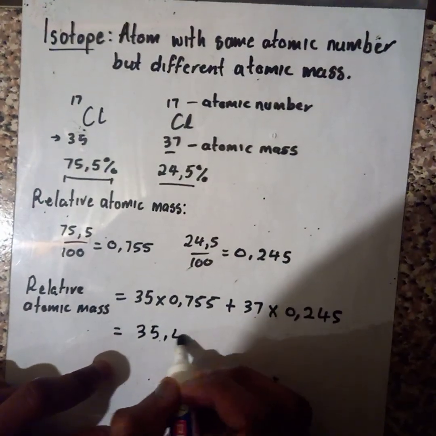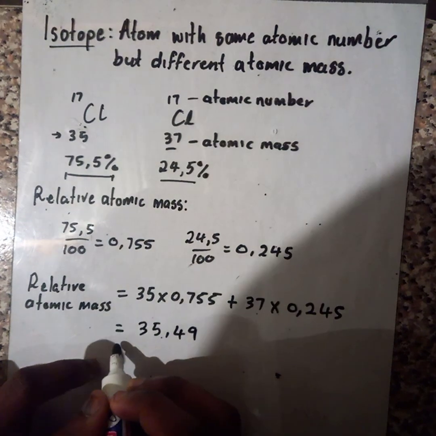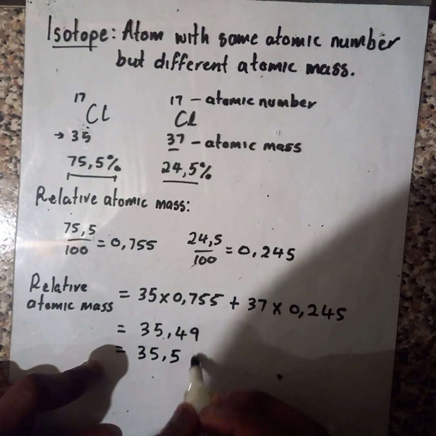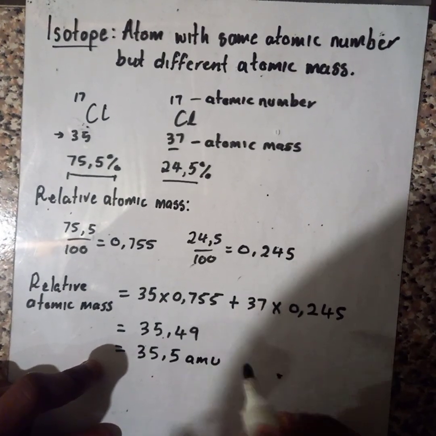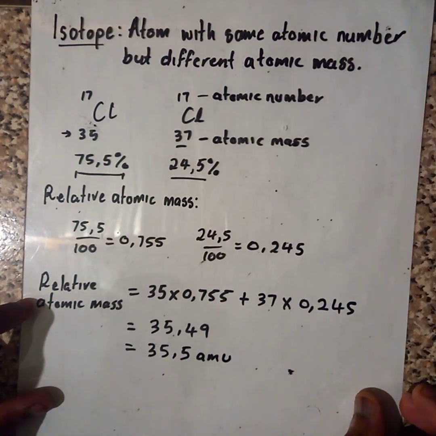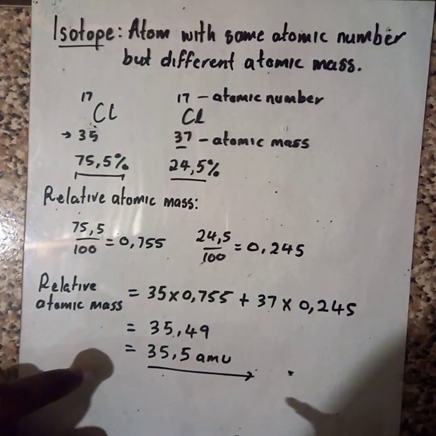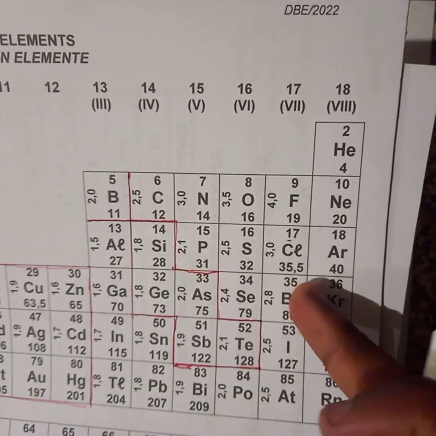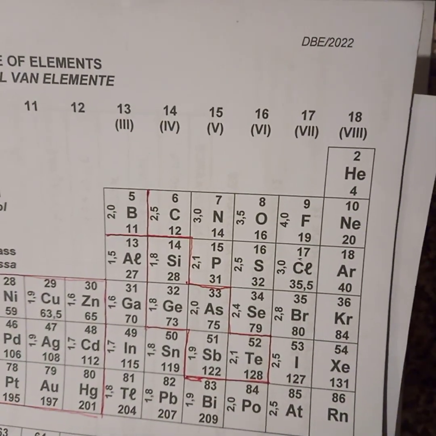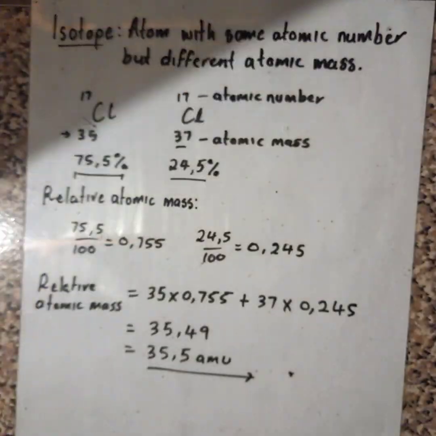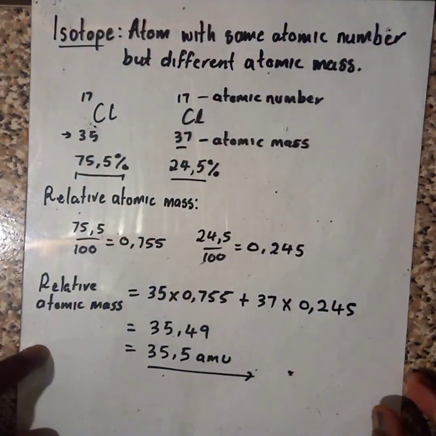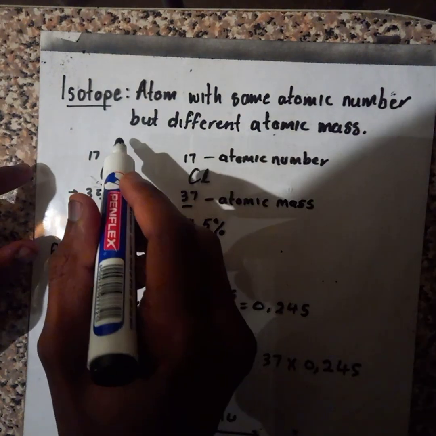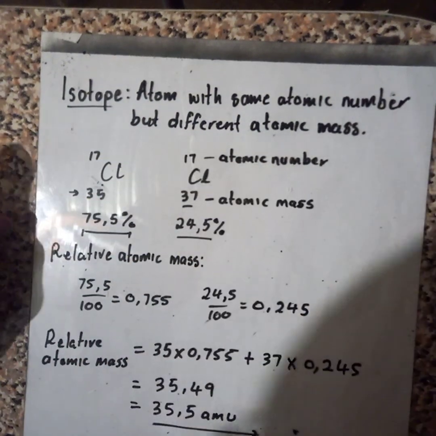We got 35.49, let us round it to 1 decimal, which is going to be 35.5. Do you still remember from our periodic table that our relative atomic mass was 35.5? You see, this is how we determine the relative atomic mass when it is given, let's say, 2 isotopes